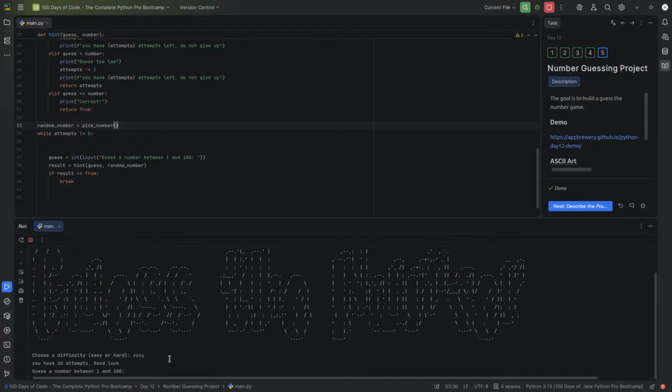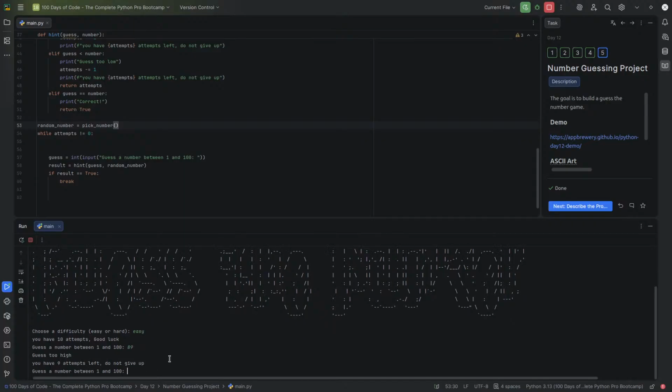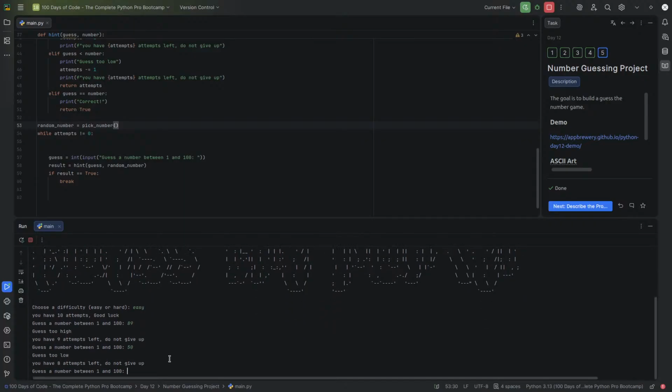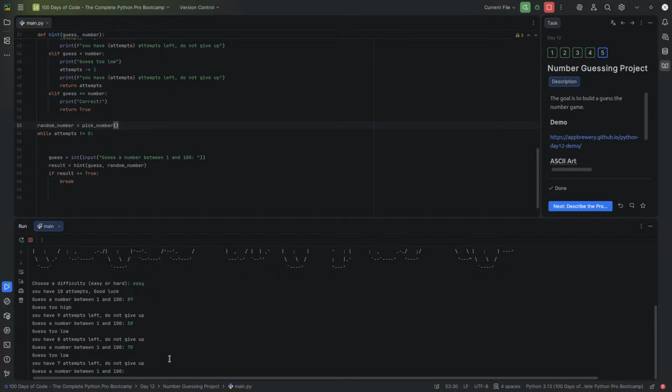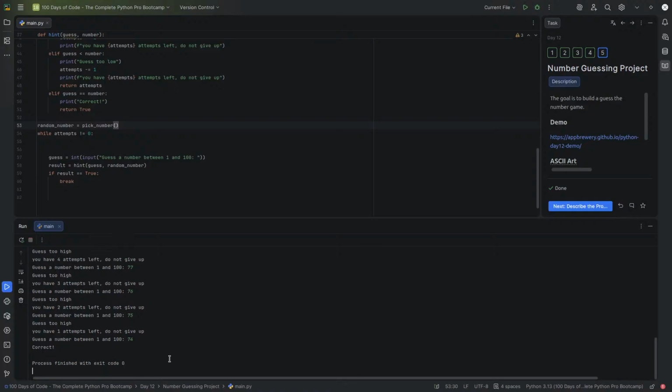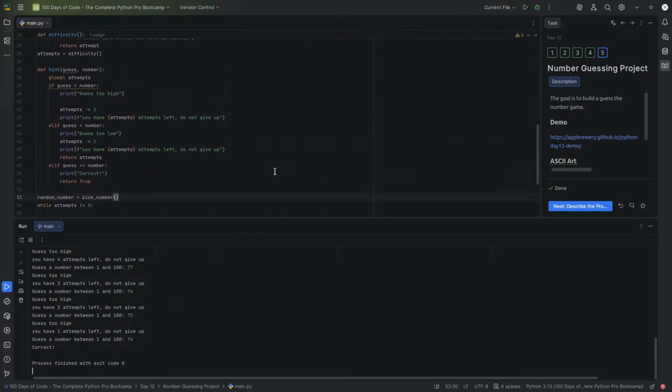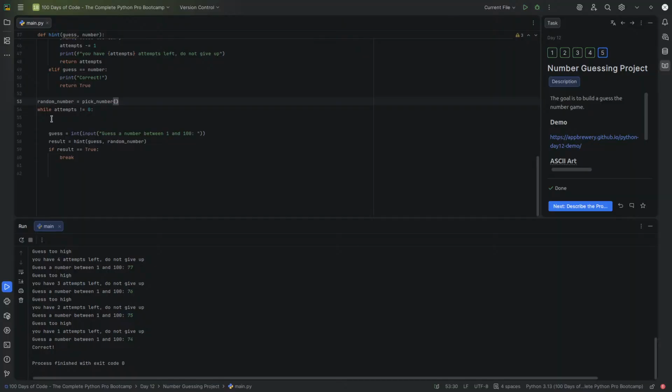Okay. It's easy. What about 89? Too high. 50. Too low. What about 70? Too low. 80. Too high. 79. Too high. 78. Too high. 77. Too high. 76. Too high. 75. Too high. 74. Correct. Okay, beautiful. So finally, because the while loop was picking each time a random number,